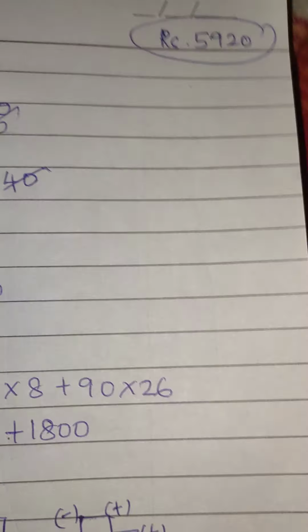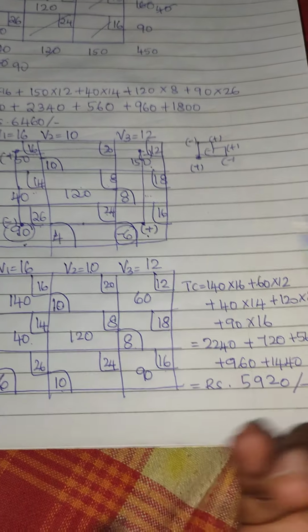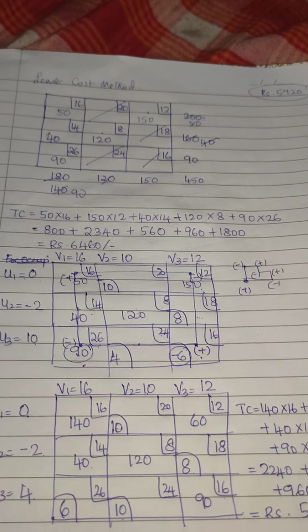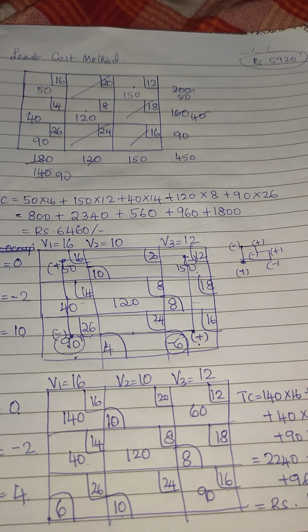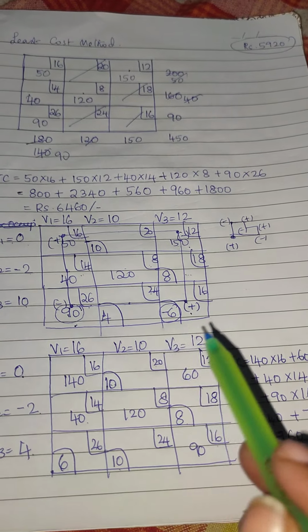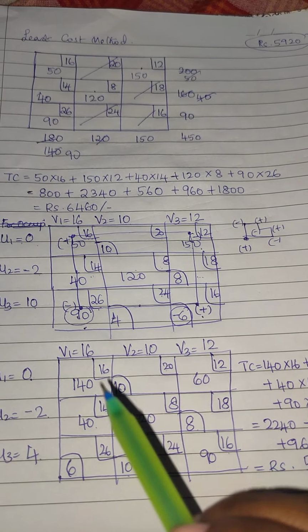And as at the beginning of the class, we have already found it. So this matches and the allocation also would mostly match. So using VAM always gives you a better chance and fewer iterations in Modi. Using any other method will give you more iterations. So VAM is always best. But this is a shortcut method, a direct method to find the answer without using the formula to solve using the Modi method.